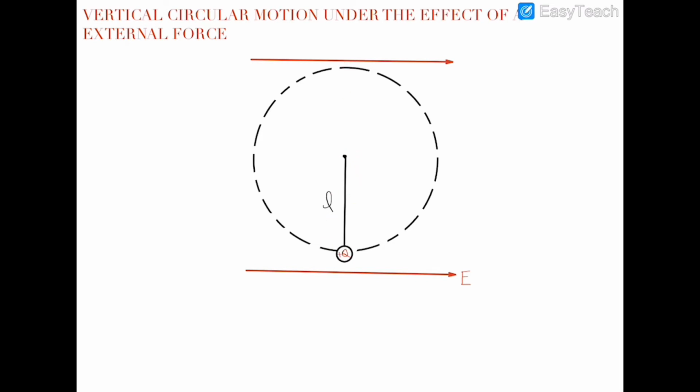In fact, the ball will be in equilibrium in the front direction, like that. And this is because a force is acting on the ball which is QE in the front direction. This is QE,